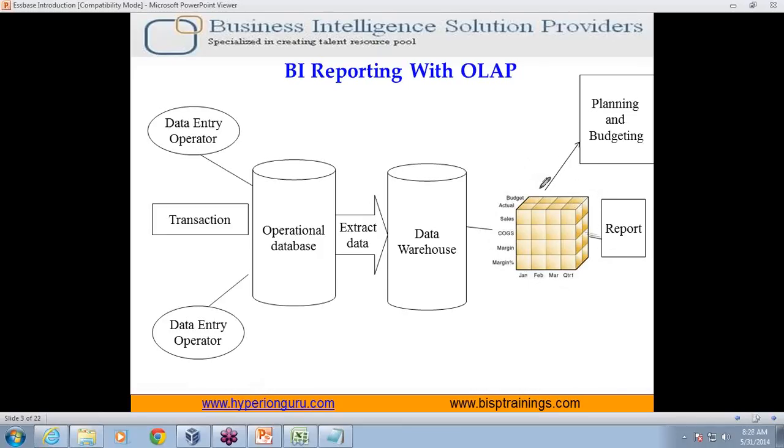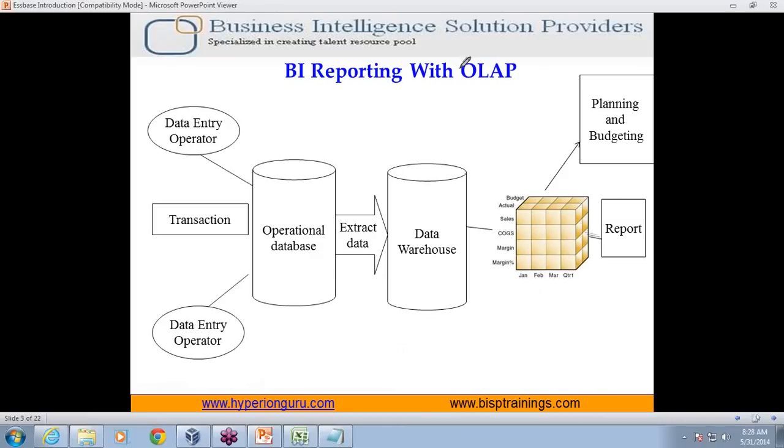Let's see next. From the OLAP server, there are two branches: one for planning and budgeting and one for reporting solution. There are two kinds of implementation. When a user requests information, the request hits your underlying data source, the query gets processed and output is given. Query processing is done in a multi-dimensional database, and the type of queries are called MDX, multi-dimensional expressions, rather than SQL.